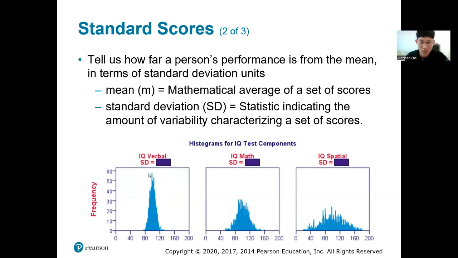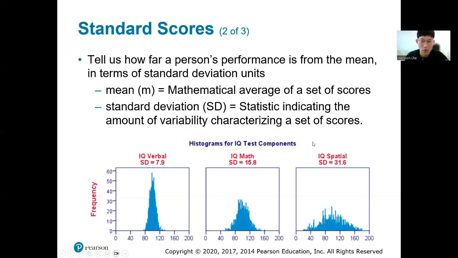IQ verbal because it has the highest peak. Actually, the spatial, because again, standard deviation means the amount of variability. In other words, how far is the score from the mean of the test. Because this distribution is more spread out, it has higher standard deviation. Whereas on the IQ verbal test, students' standard scores are relatively closer to the mean, which is like 100. So IQ verbal has the smallest standard deviation, and math is in between the verbal IQ test scores and spatial